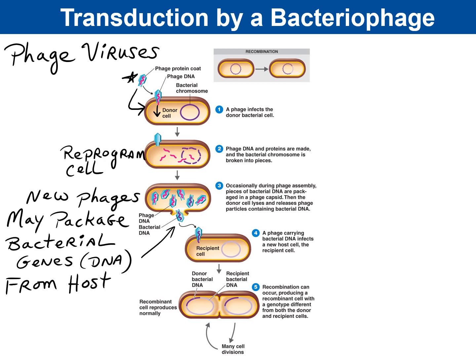And so when the host bursts open with a whole bunch of newly formed phage, one of these phages might just pick up some bacterial genes from this recipient, from this previous host, and inject it into a new recipient. Now at this point, this recipient is pretty lucky, because instead of getting the genes for phage viral infection,